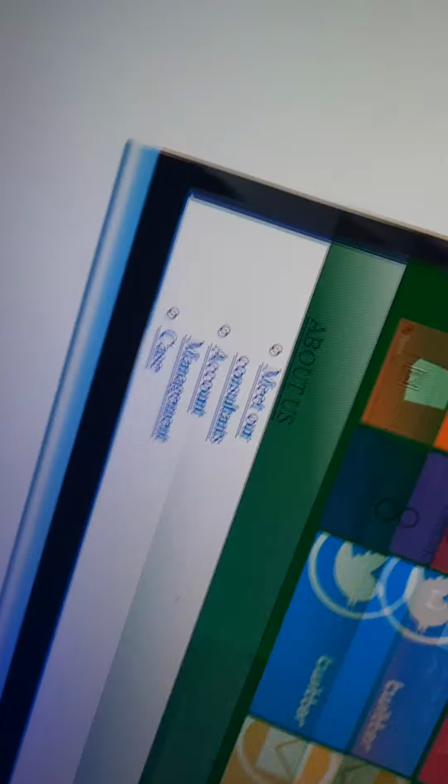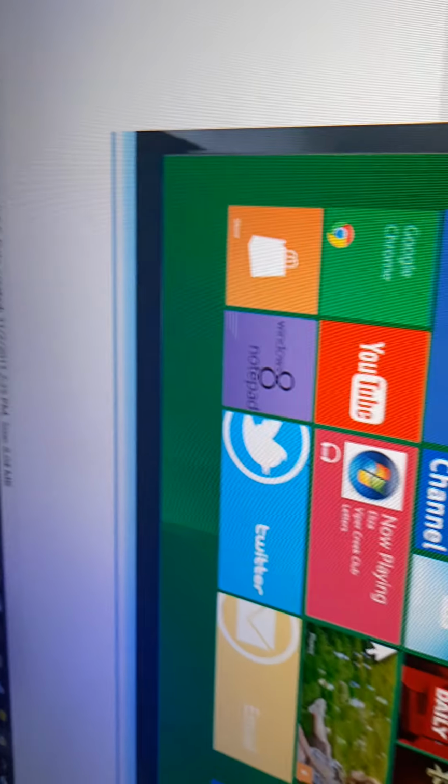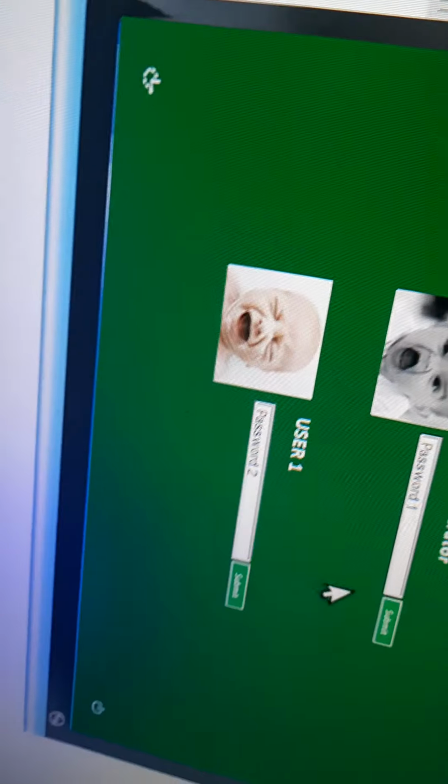Okay, just close it. So there is actually the Windows 8. You press desktop, then yeah, it's not desktop, just this is